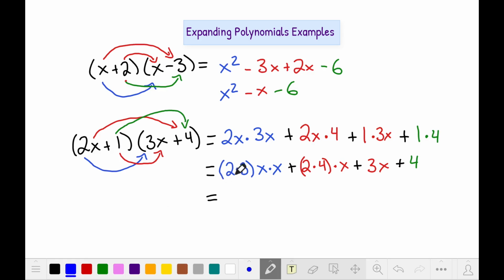So what are we going to get? Well, we're going to get 2 times 3, which is 6. We're going to get x times x, which is just x squared. Because remember, those little exponents just tell you how many times we're multiplying something by. And then for the red terms, we're going to have 2 times 4, which is 8x, and 3x, which is just 3x,